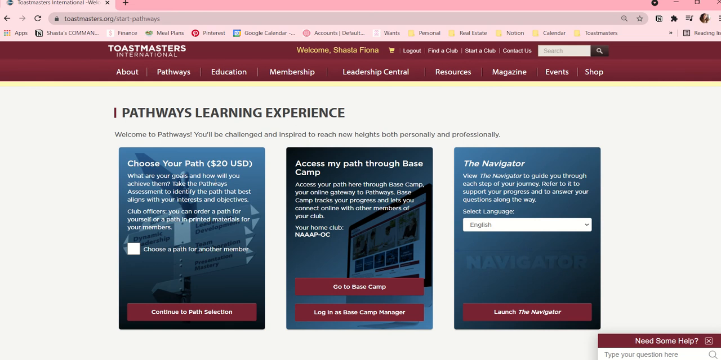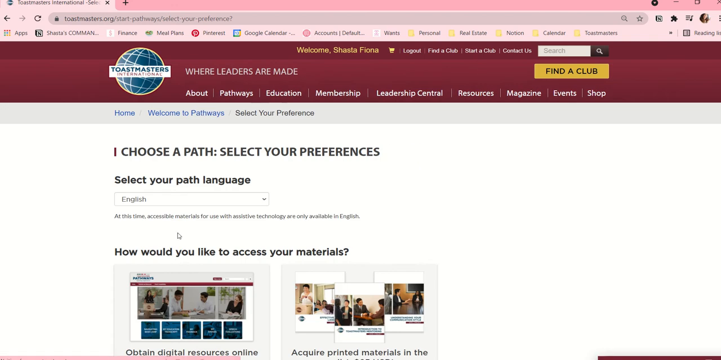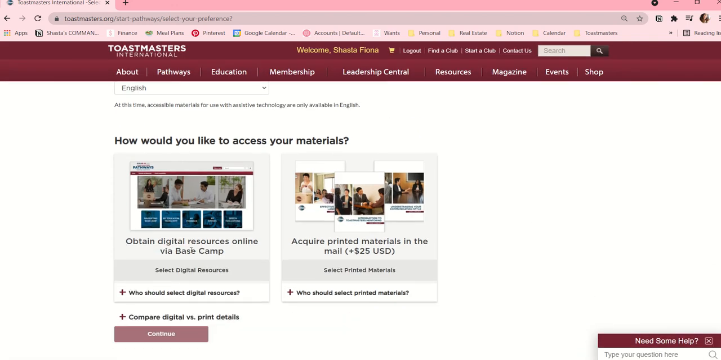And since I've already chosen my path, it won't apply to me, but for you, with your registration, you click on continue to path selection, and you have to choose this part here, digital resource online, unless you want to have a printed material, which you do pay extra for. So click on select digital resources,